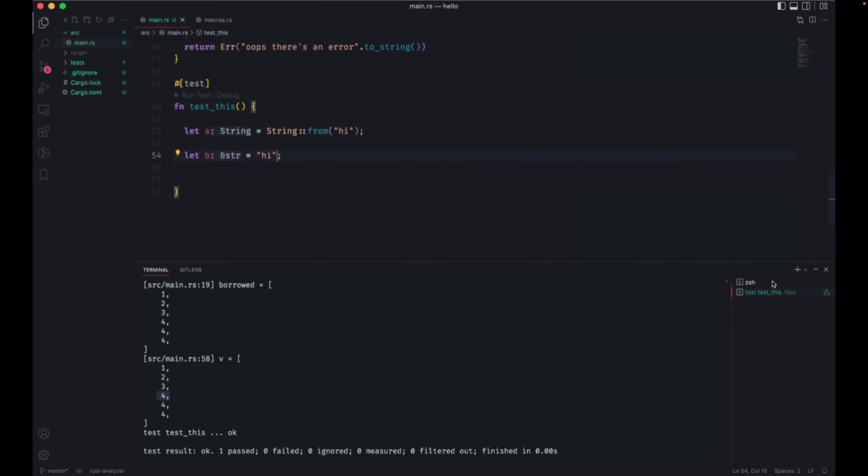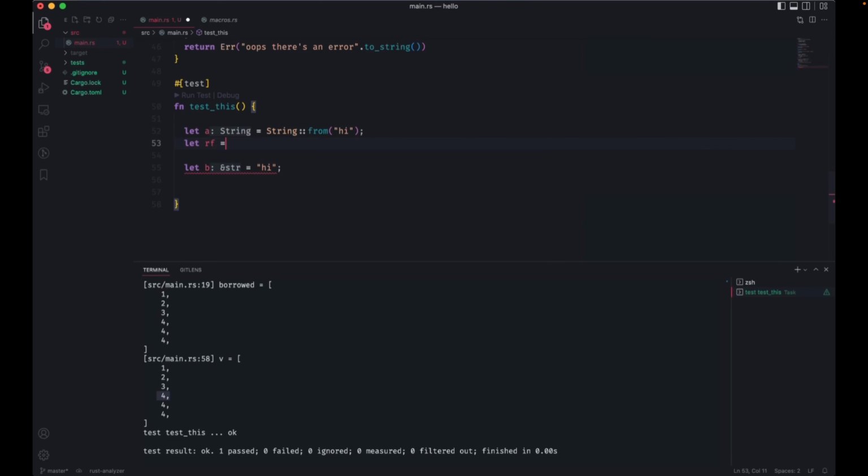This is just a convention, some magic that Rust does, so that your strings are always initialized somewhere. What you're doing here is assigning a static string somewhere statically in memory, like in your code. It's actually in the bytes of your code, and then it's creating a pointer to it.